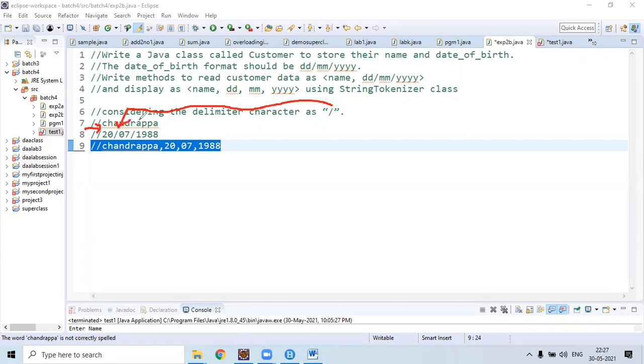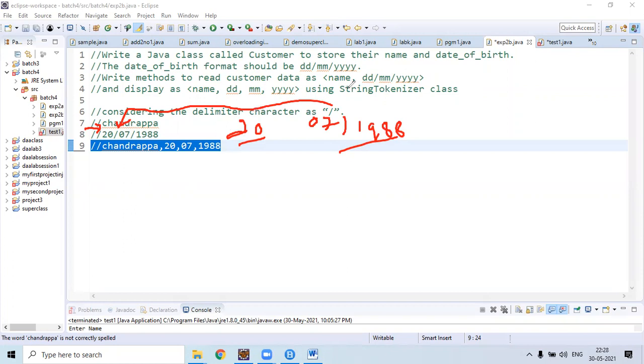Once the string character matches with delimiter, it will divide the string into two parts. Here 20 we will get first, then next we will get 7/1988 as another string. This is called the left part, this is called the right part. It acts as one token. 20 acts as one token.